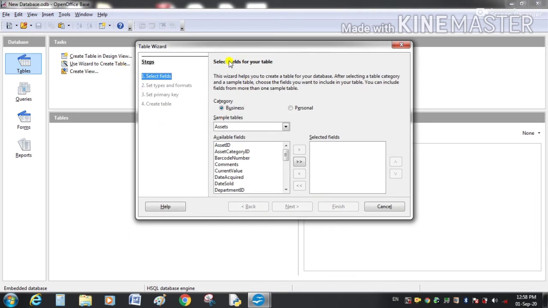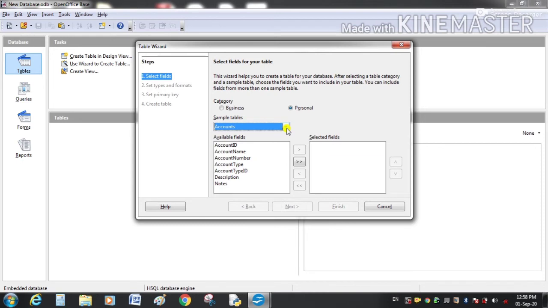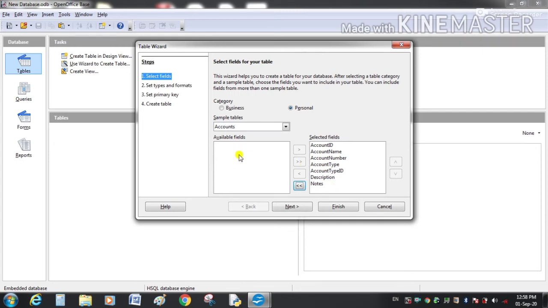Now we are going to create a table for our personal use, so select here personal, and from here let it be account. These are the column names. If we want all the columns in our table, just click here. You can see all these columns are on the right side. It means these columns are selected.